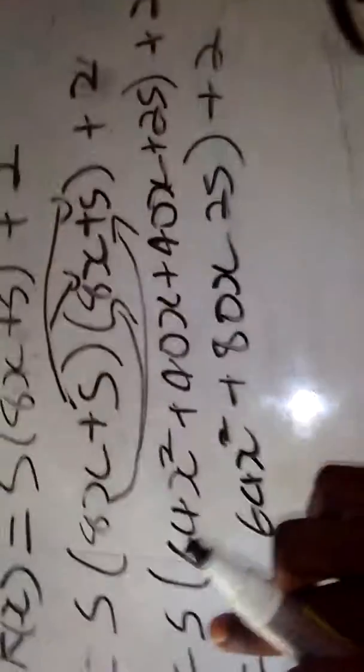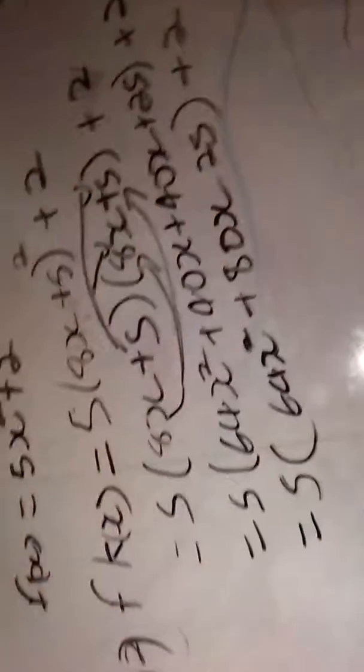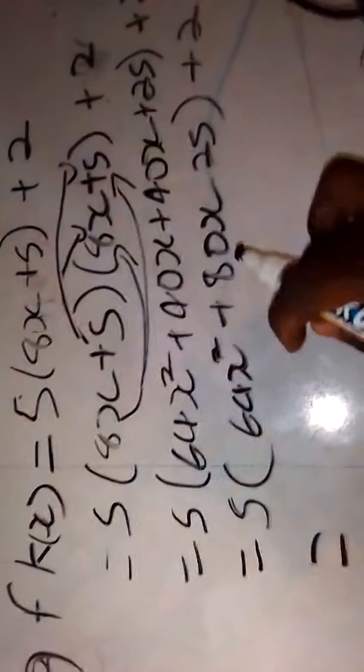Then we put back the 5 again, and we put back the plus 2 that was outside all along. Now we can distribute the 5 inside again. So we are going to say 5 times 64 x to the second, using the calculator, I think that's